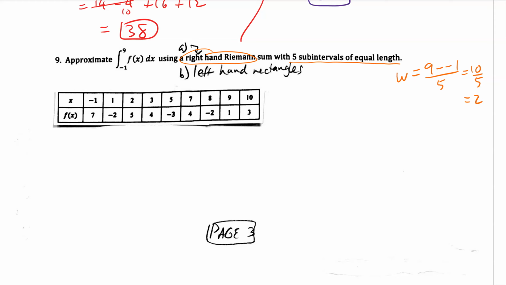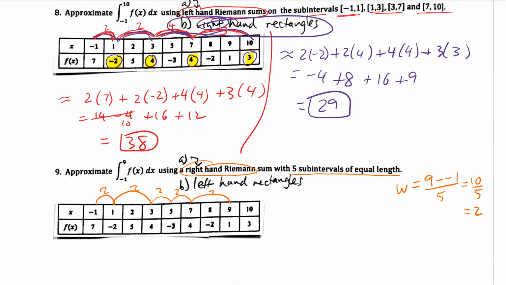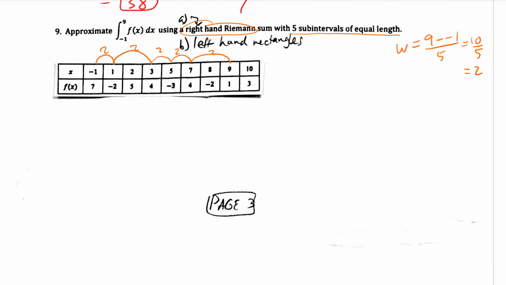And if we start at -1, you're going to go to 1 because that's 2 units away. Then you're going to go 2 more units. Add 2, you get to 3. Add 2, you get to 5. Add 2, you get to 7. Add 2, you get to 9. Now these are always going to be 2 here because they said equal subintervals, unlike the last one where it was not equal subintervals. Okay, so equal subintervals, and we're saying that our integral is approximately